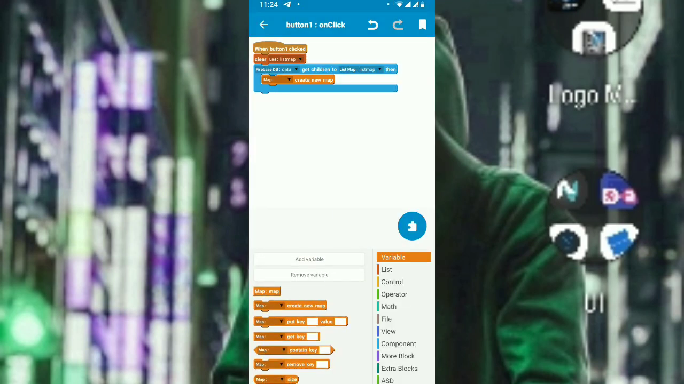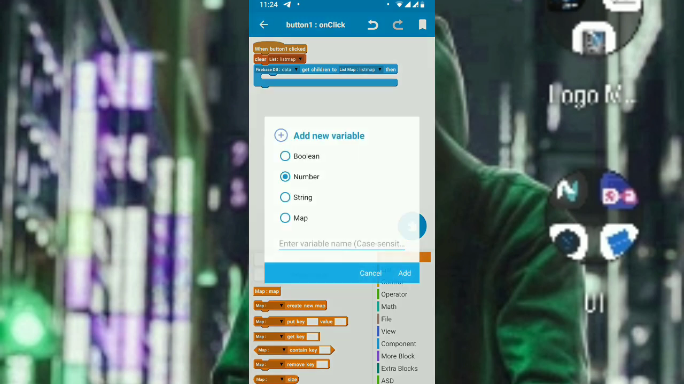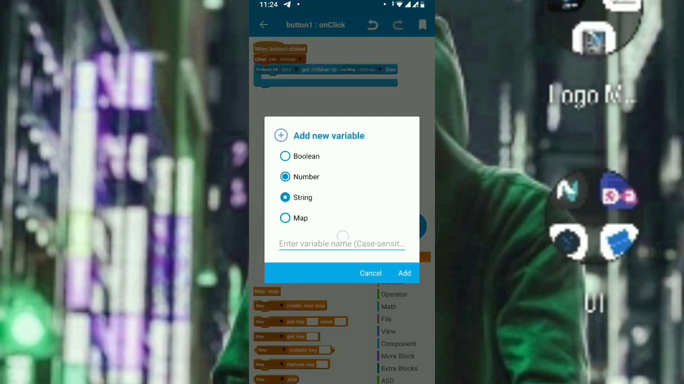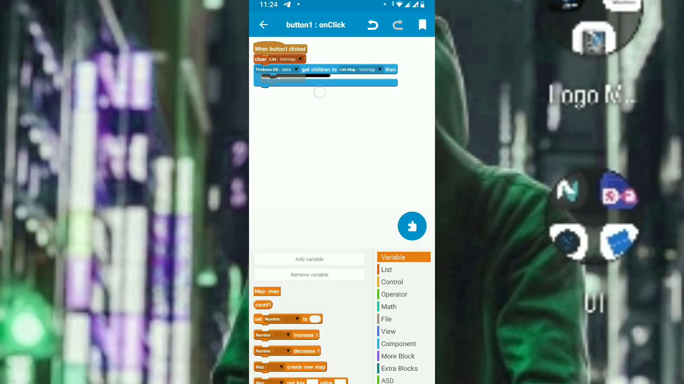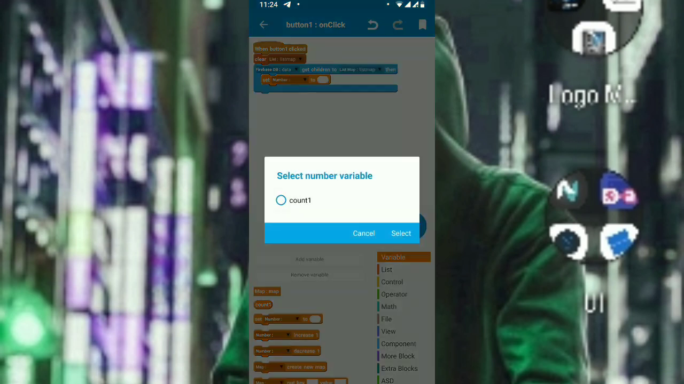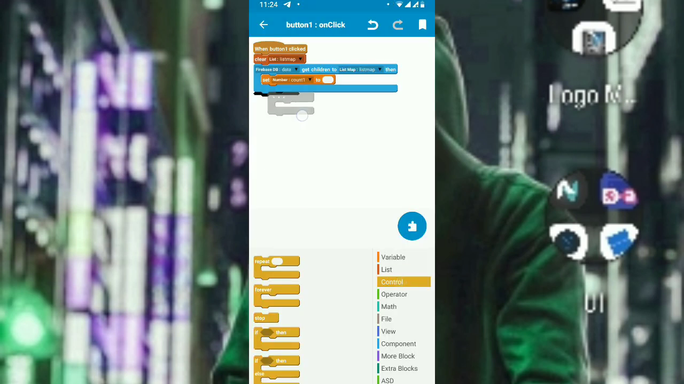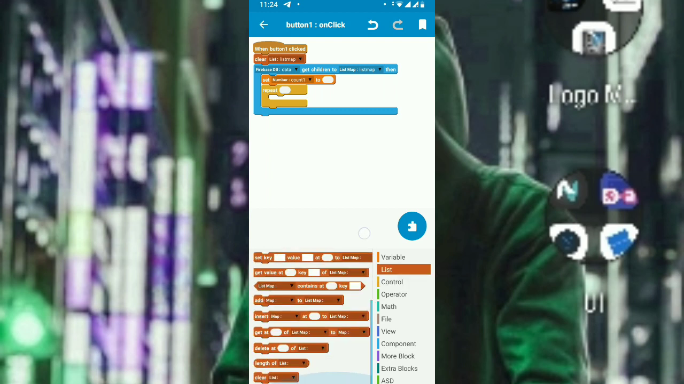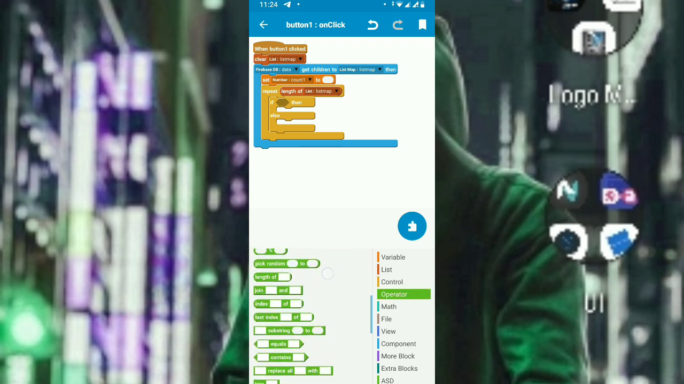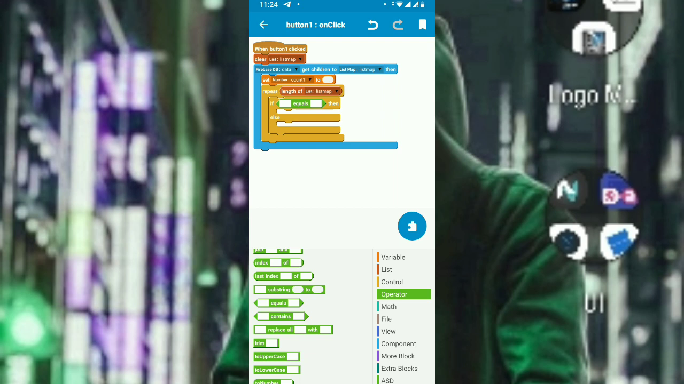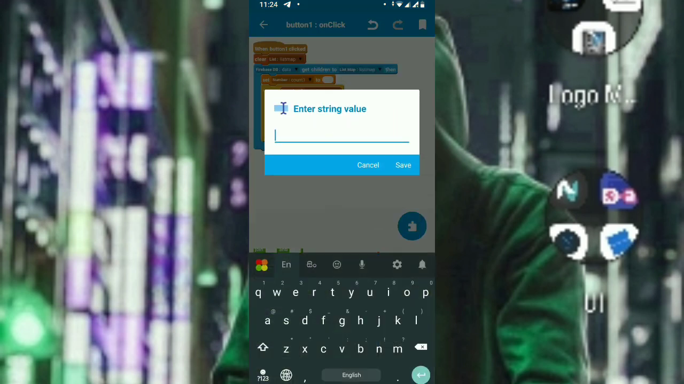So now before everything, you have to create a variable called count. Okay, a number variable called count, maybe count 1, it's okay. Count 1 should be 0, so it should be 0 here, and put a repeat block. It should repeat the length of the list map, like if it's 3 times, like that. And put an if condition. Okay, and put an equal condition, equal statements, and this button is for cartoon. So here you have to put cartoon,